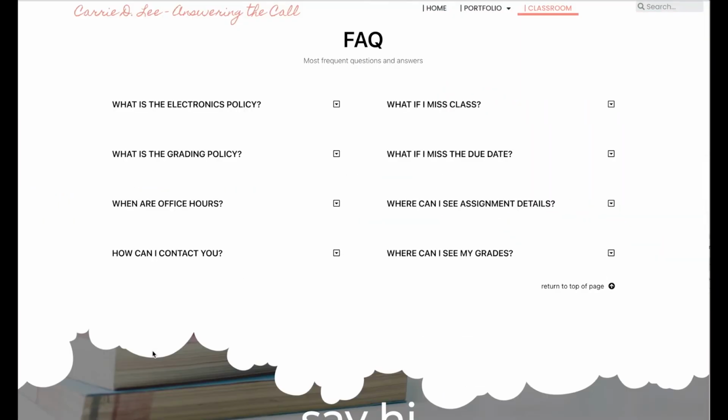So if I want to go down to the FAQ, as a parent or student, these are some of the most common questions that I got last year, and they're based mostly on what's in the syllabus. But the syllabus is more formal. So I wanted to give an opportunity to get those answers 24/7, in a kind of three-before-me opportunity,